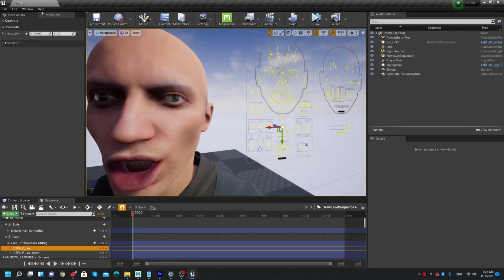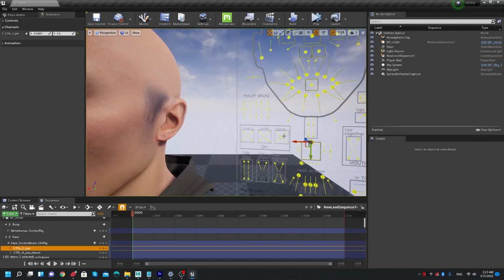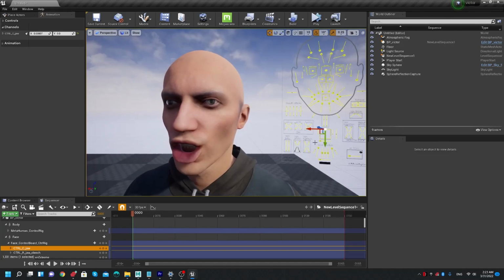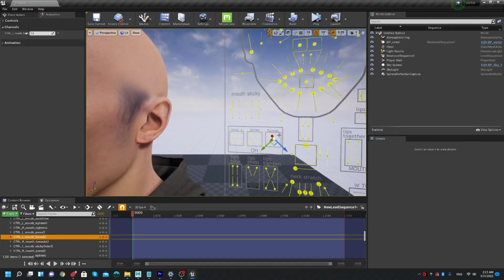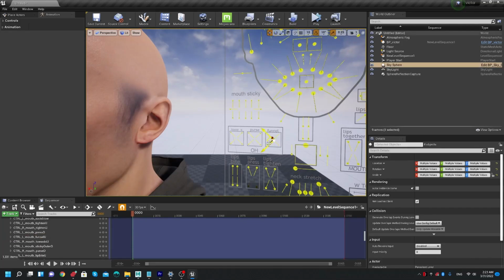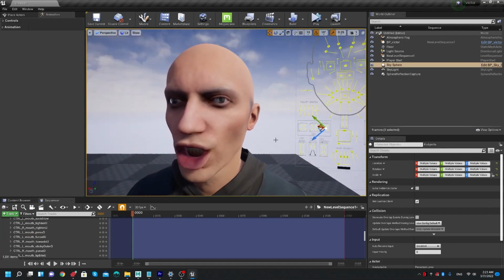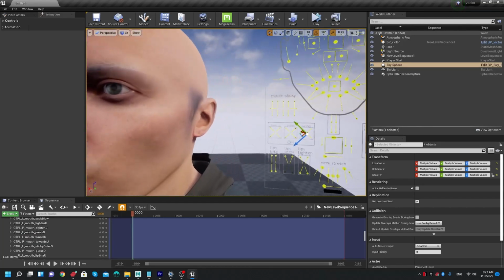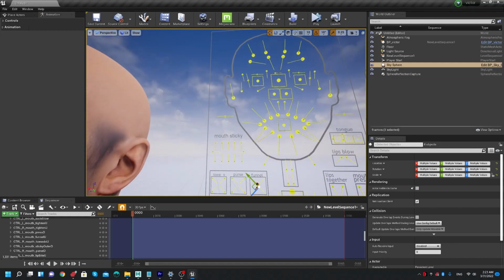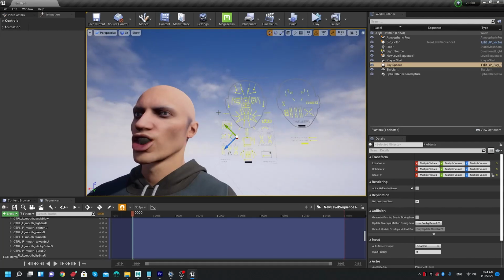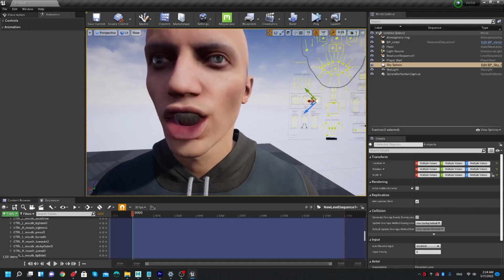Sometimes it is useful if you send your animation to the control rig, and it is going to be very fast and small in size. But the control rig is not that useful, neither for face nor